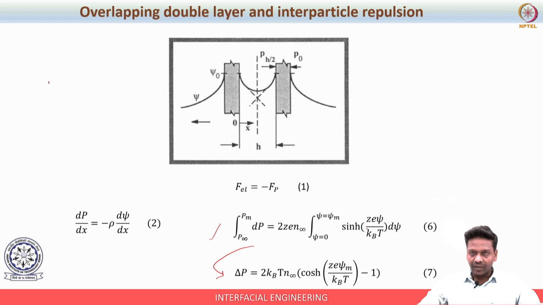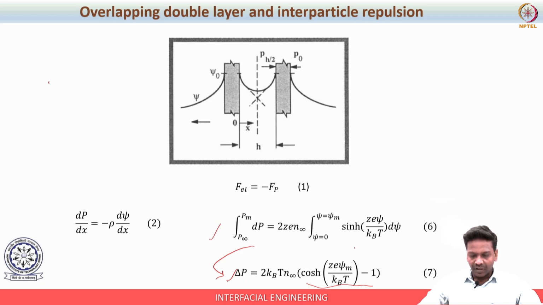So when you integrate this sine hyperbolic, you get cos hyperbolic, and when you apply the limits, this will be minus 1, right? Because cos hyperbolic 0 will be 1, right? So that's why you have taken this. So that is minus 1. Okay, when you apply the limit, you will get this term. Similarly, when you apply the limit, you get delta p. That is easily understandable, right?